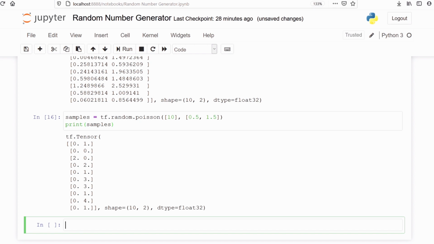These are the numbers generated from Poisson distribution. We have got 10 rows. These are the rows and these are 2 columns.